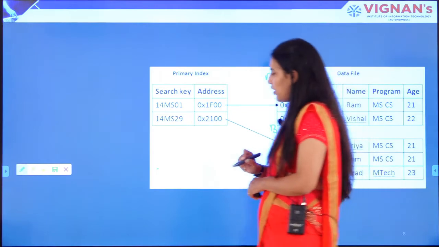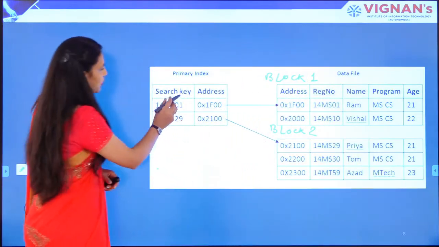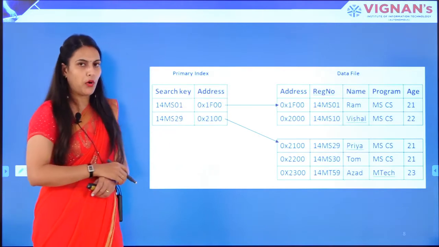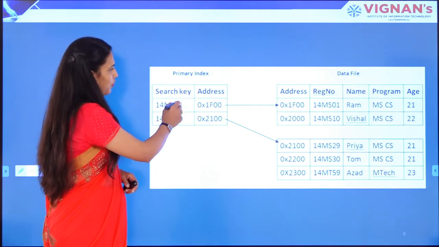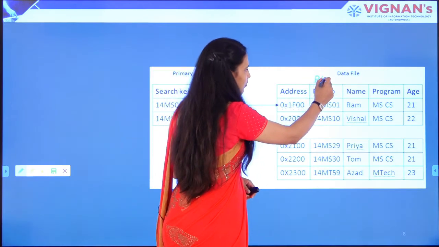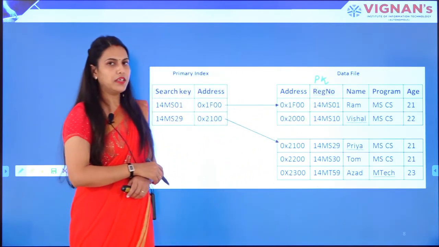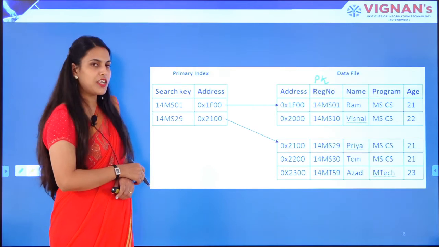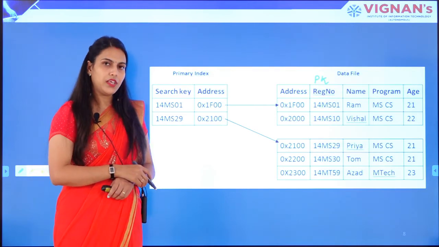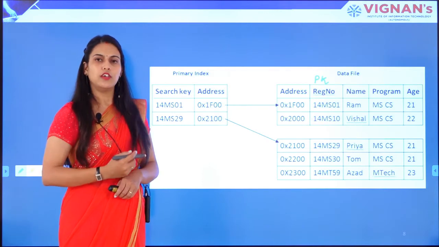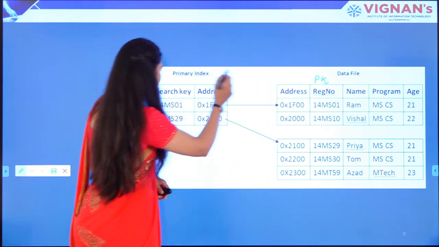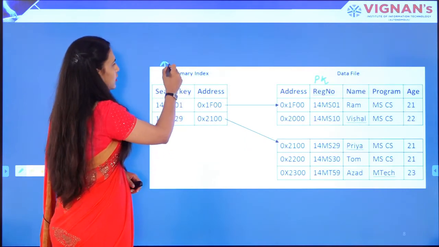The index table, as we discussed, will have a search key and a pointer field. We have created registration number as the primary key, which means the values will be unique. So we kept the registration number field as our search key.